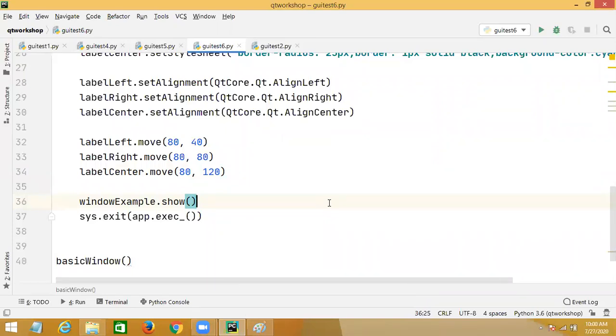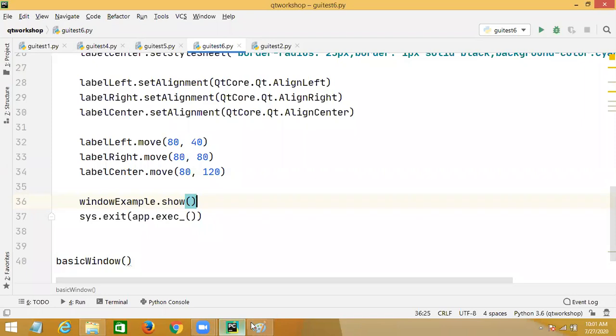So how can I input the data? If you want to input the data, you have a QLineEdit.